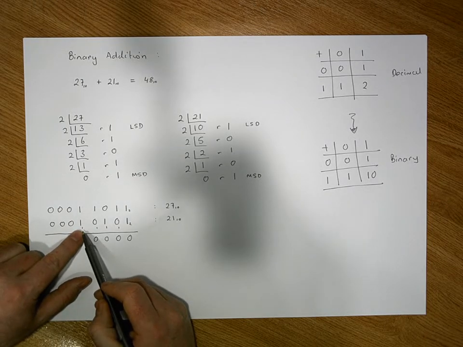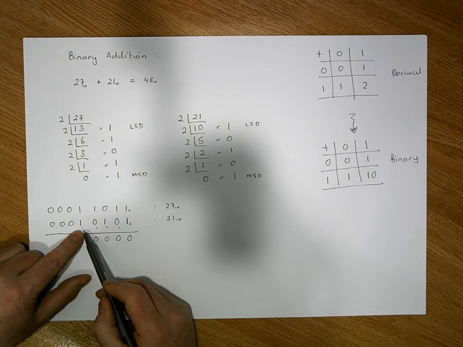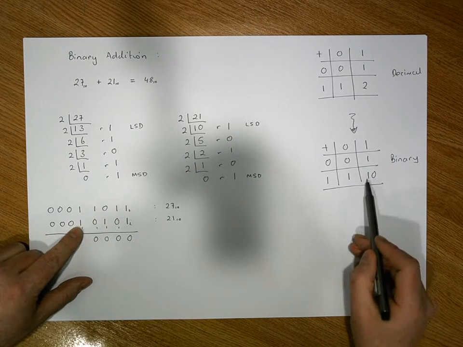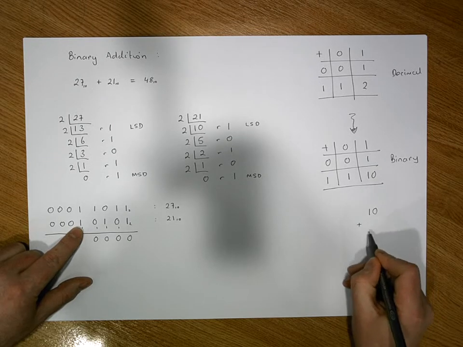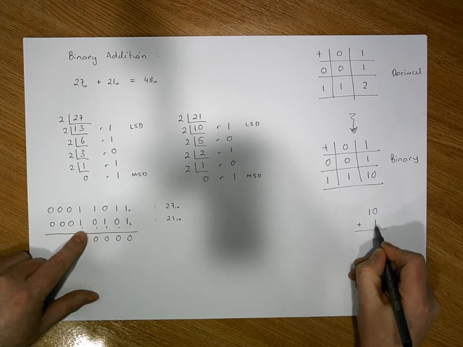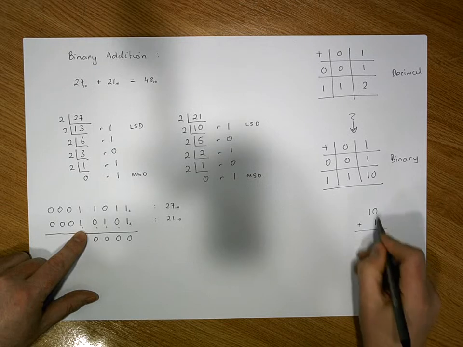That's in decimal. But 1 and 1 in binary is 10. So we have a 10. And what we need to add on to that is the 1 that we carried forward. So when we add that onto this particular